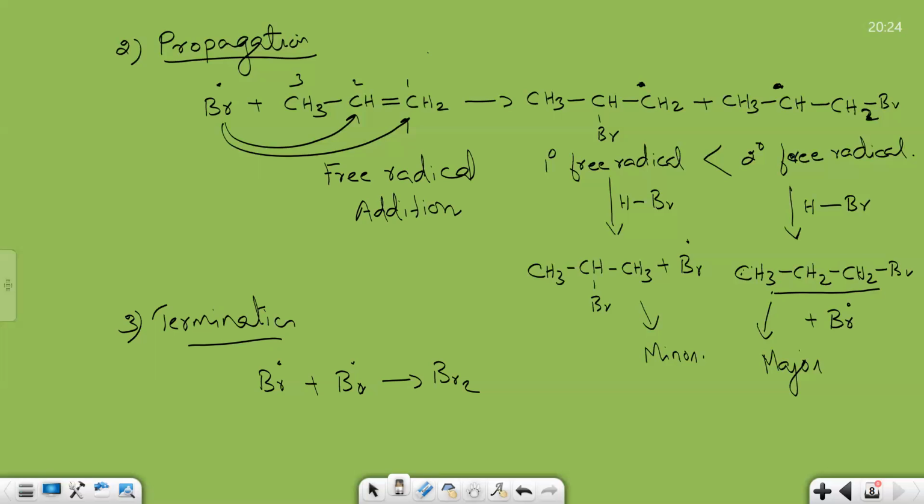Why? In the first step, we got a free radical. After that, addition takes place. So free radicals are formed, and at the same time it is an addition reaction too, so the double bond becomes a single bond. Markovnikov's rule is an example for electrophilic addition reaction, where one electrophile, H plus, gets added first, and then further addition takes place. And here, in the case of peroxide effect, a free radical is formed, and this peroxide effect is also known as Kharasch effect.